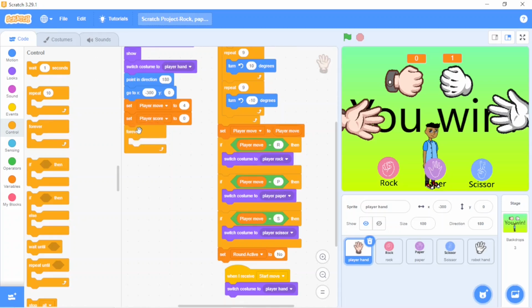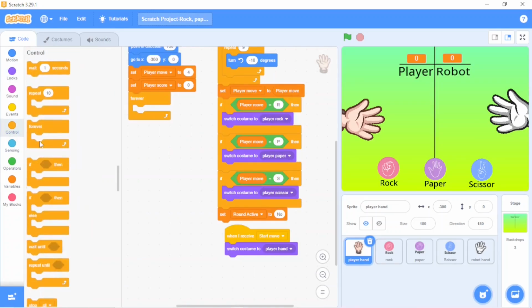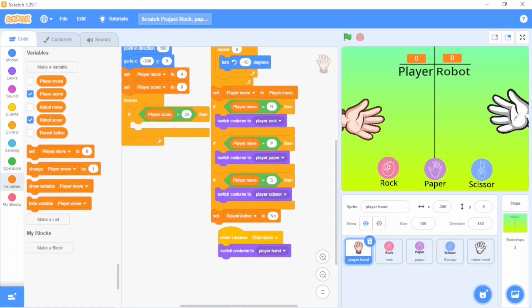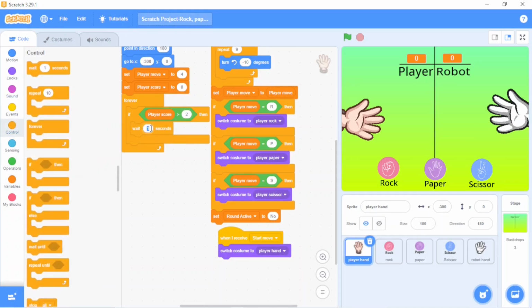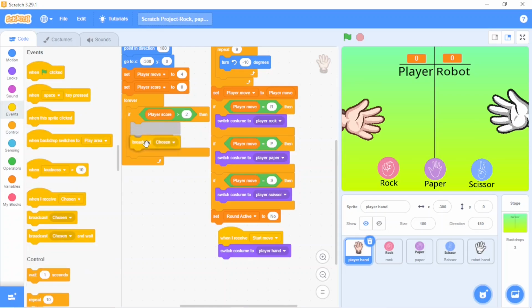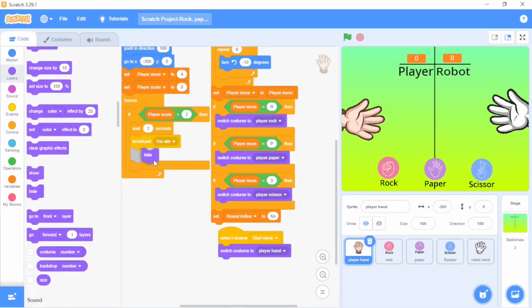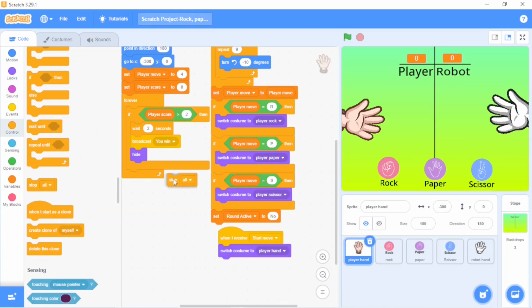So now we will take a forever loop. In the forever loop, take an if then block, and inside the if then take a greater than block from the operators, and inside the first take player score, and if player score is greater than 2, then control wait 2 seconds, events broadcast new message, that is you win, and then look hide, control stop all.